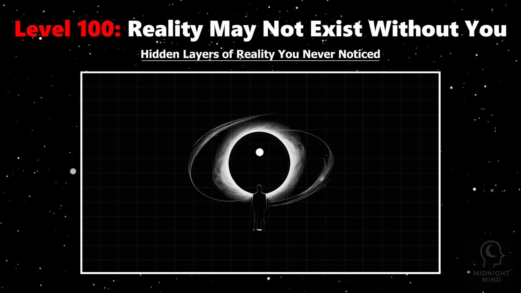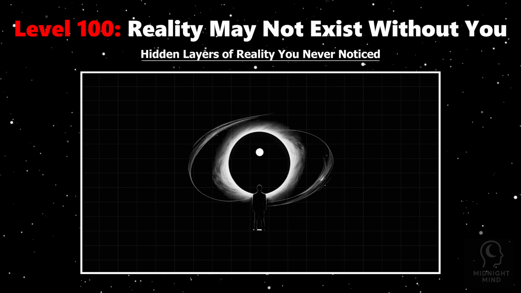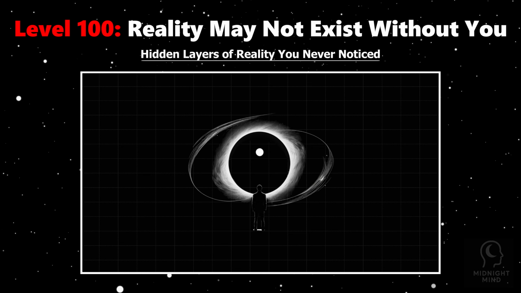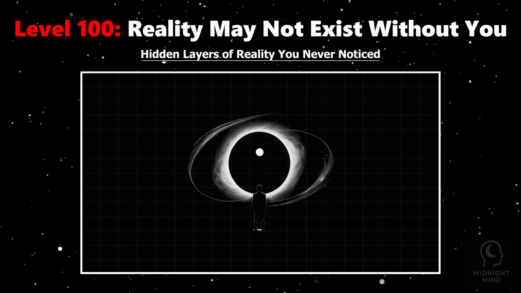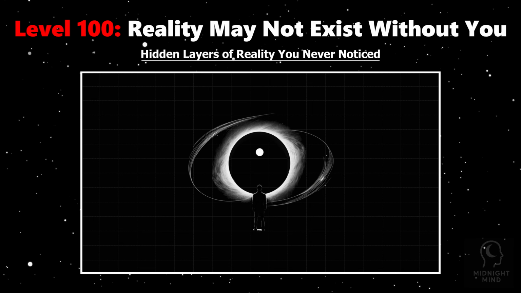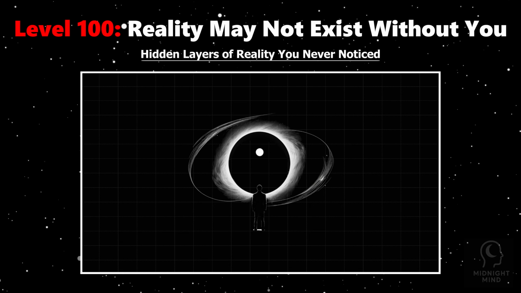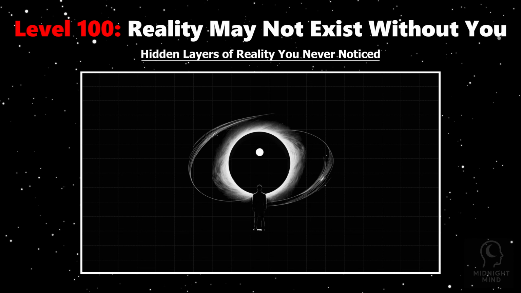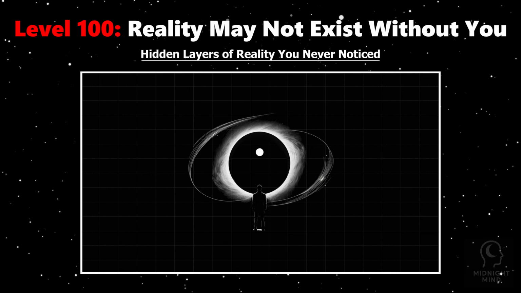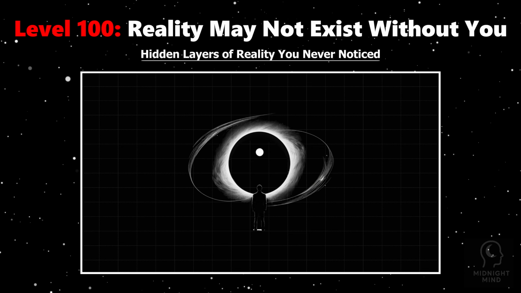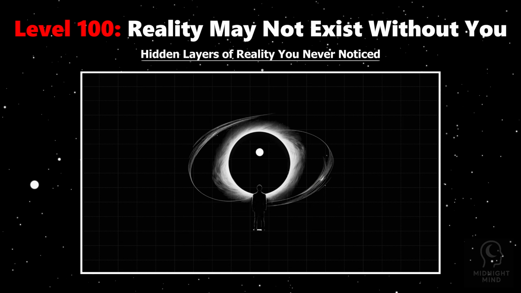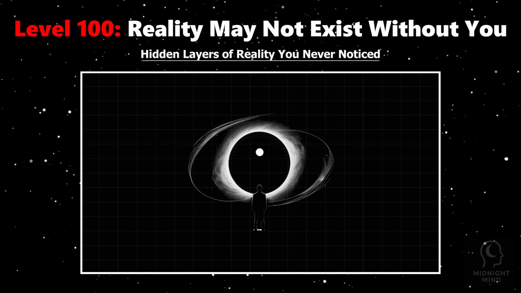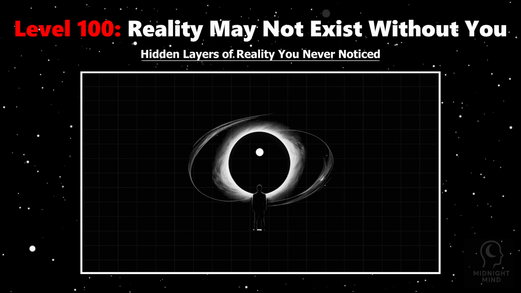This is not just philosophical musing, but a concept explored deeply in quantum physics and phenomenology. Quantum experiments show that particles exist in probabilities until observed, the famous observer effect. The act of perception collapses possibilities into reality. In this view, consciousness is not a passive witness, but an active participant shaping the universe. Philosophers like Berkeley argued that existence is tied to being perceived, esse est percipi. To be is to be perceived.